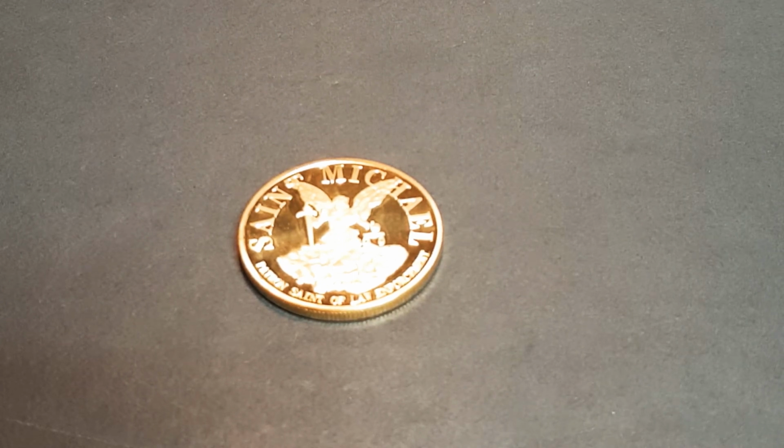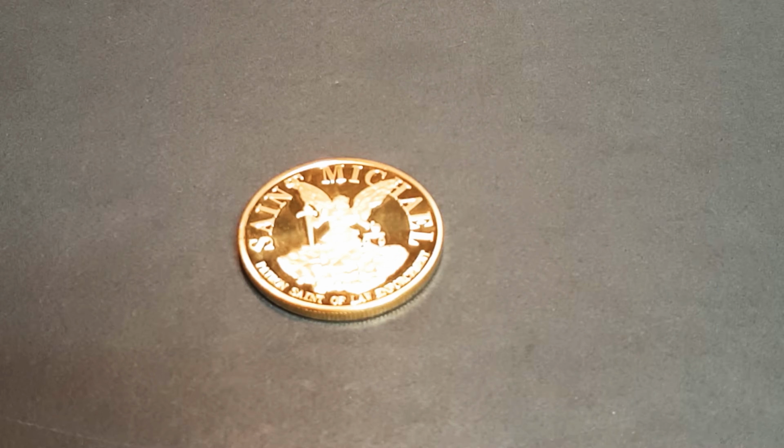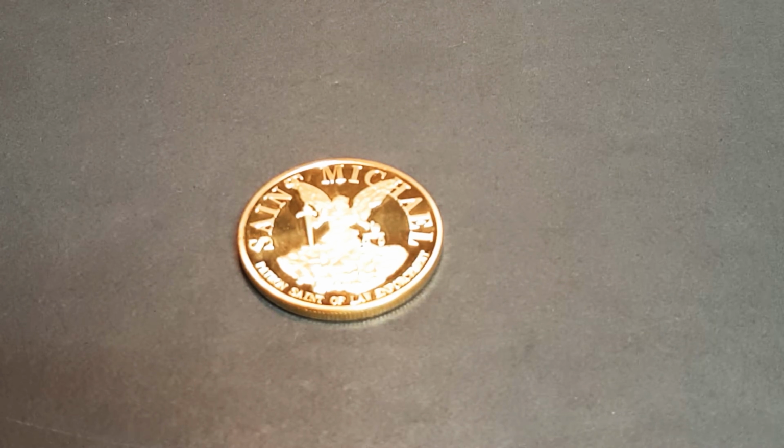And I always keep St. Michael coins with me because I sell a lot of them, and for years and years. Because mine are really good. Don't be fooled by the cheap ones because they're junk, and the finish comes right off of them. They're really garbage, and they're not carved well like these are. But anyway,